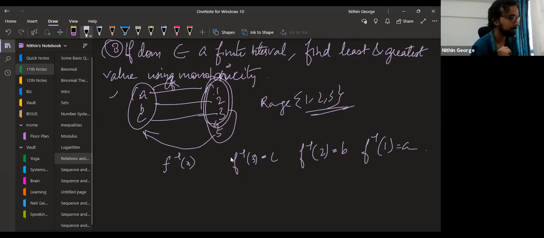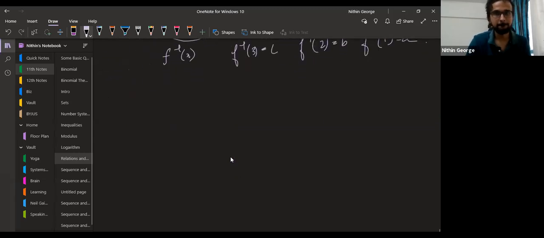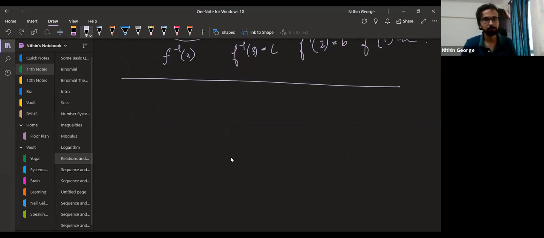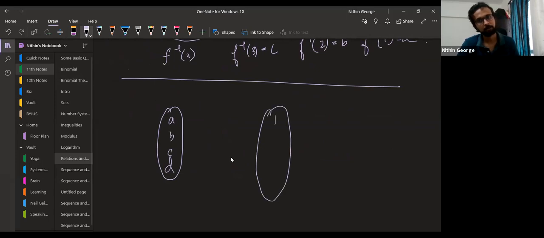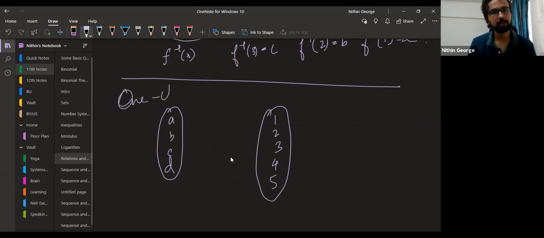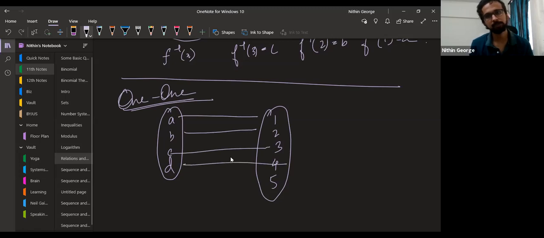Okay, so we'll do range problems in the next class, but I want to discuss a little more on inverse. Okay, let's do a little discussion on inverse. A, B, C, D. For that, first I have to discuss what a 1-1 function is. Is this a 1-1 function?